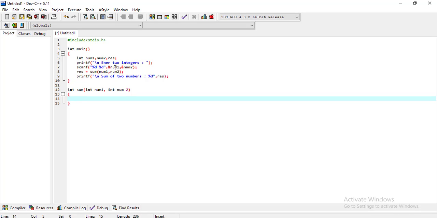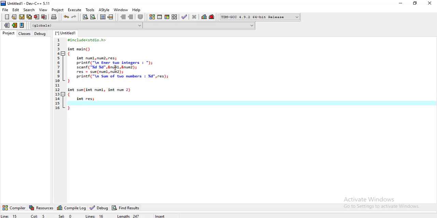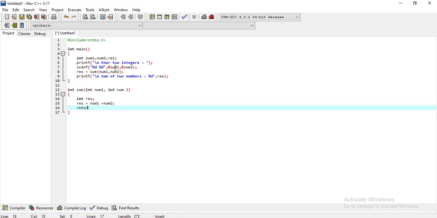Here I am taking int res, and res equal to num1 plus num2, and return res. So this is the code.